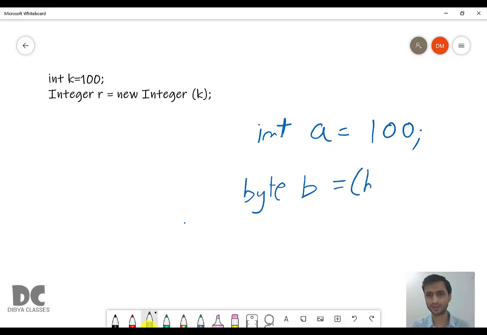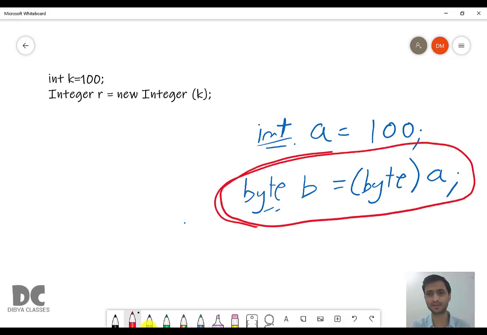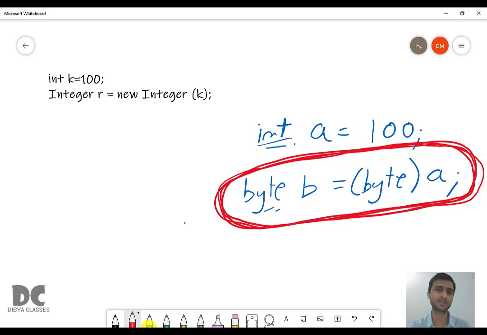If you can remember, you are writing like this: byte A. So here it will convert from int to byte. 100 was previously stored in A, and now we are doing explicit conversion, right? Here this is explicit typecasting. If you can remember chapter 3. If you're not remembering, please go to chapter 3 and revise it, the typecasting part of chapter 3. So here what you are trying to do, you are trying to store 100 in a smaller variable.